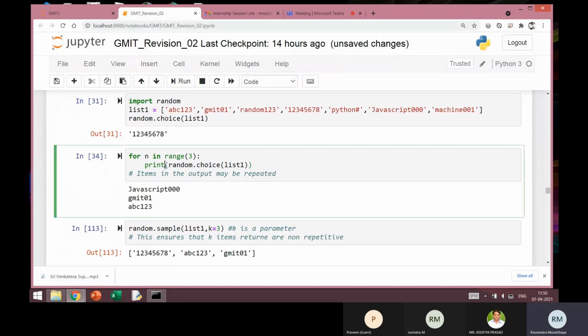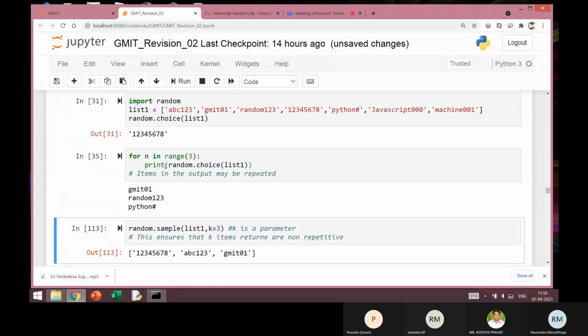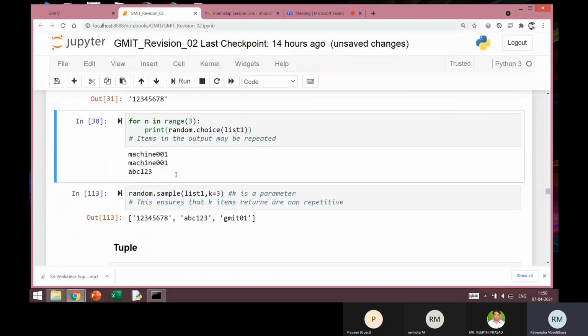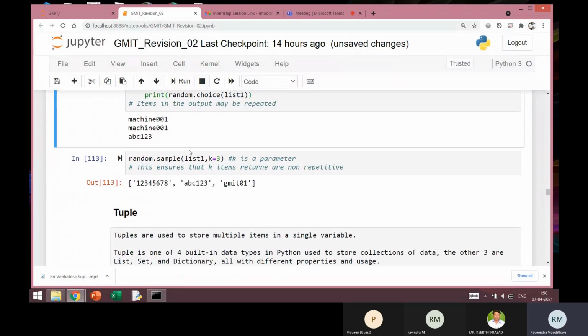Okay, in this execution there are no repetitions. But you execute a few times, you will find some values getting repeated. Let's see, for example, here machine 001 that got repeated. Okay, so this could be one drawback. Now to work around that, you can always use something like there is one more function called sample.